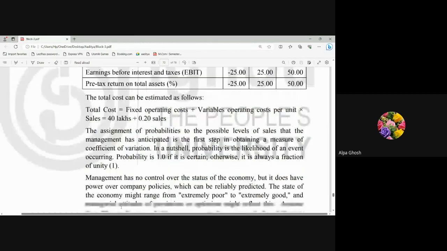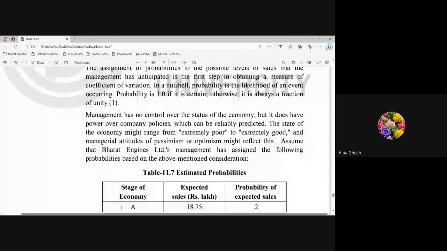financial leverage and risk. How can we have risk? We can have risk when we do not generate enough profits, and when we do not generate enough profits, we are not able to pay the interest. And if we do not pay the interest on time, we have a problem with the liquidity position of the company. In order to pay out the interest, what will we do? We will go for raising more funds. We will go for borrowing more funds so that we can meet the payment of interest.